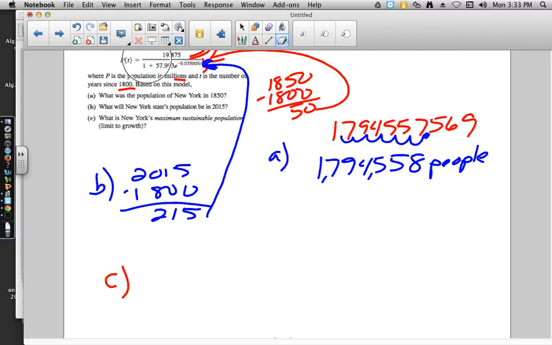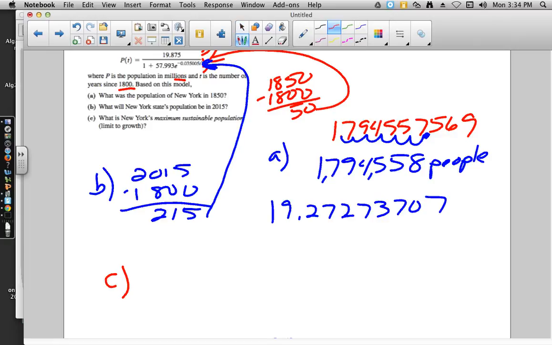And when we do that, we will get 19.27273707. And again, we want to work this in millions, so that's 6 decimal places. 1, 2, 3, 4, 5, 6. So this time we wouldn't need to round up because we have a 0 in the next position. So 19,272,737